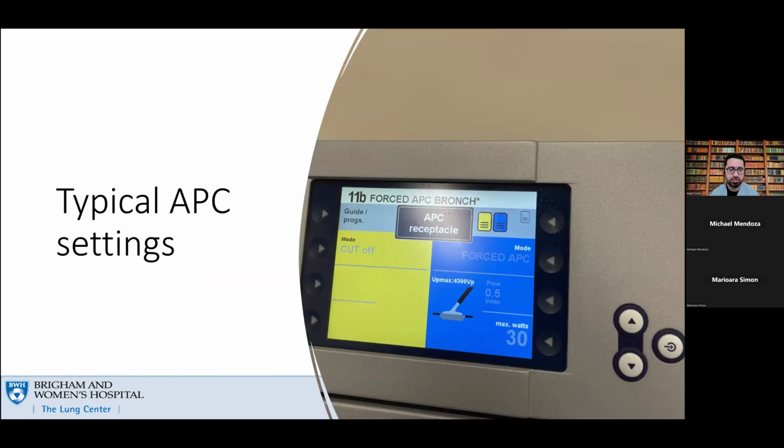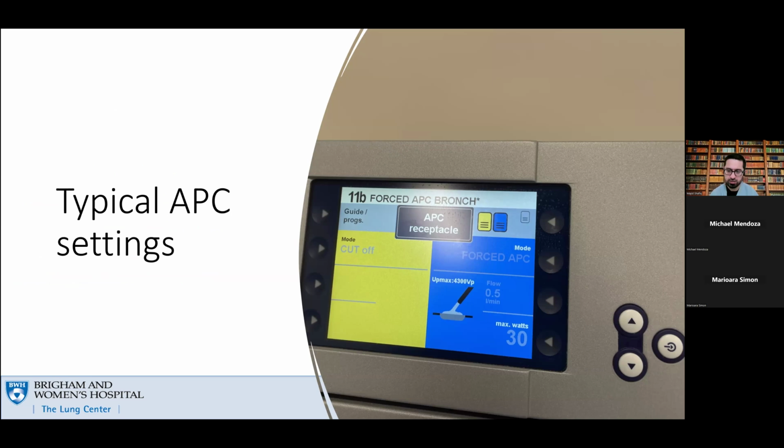Here's an example of the typical APC settings that one might use. So you can see my flow rate here. And you're really looking at the right of the screen, right? Because it's the blue mode. APC is a coagulation mode, not a cautery mode. So the yellow pedal is completely useless for you. When you're using APC, you're really pressing on the blue pedal, and you're really changing settings on the blue side